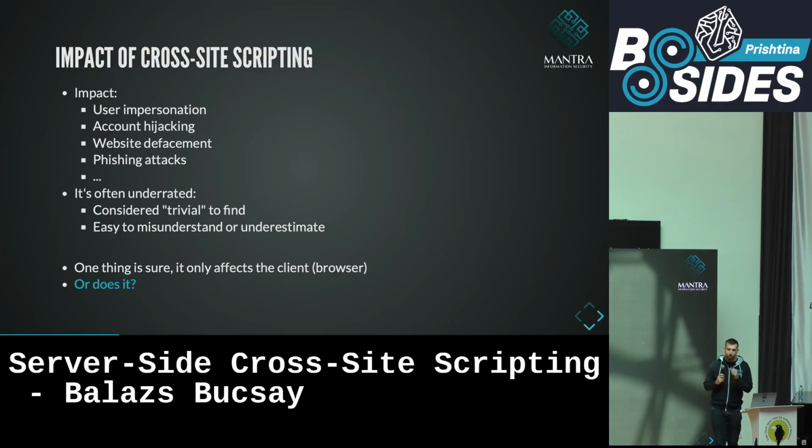So they send an email, you click on the link because it points to your website that you trust, and if there is a cross-site scripting vulnerability in your website, they can redress it, they can put some kind of login form on your website, and they can get your username and password if you type it in. And you might type it in because it's a trusted website, it's your website, but if there is a vulnerability in that, they can control the content, right? So that's a lot bigger impact than just having alert one window in your browser. So again, these kind of vulnerabilities, cross-site scripting, most of the time it's really, really trivial to find, and that's why it's really misunderstood and underestimated.